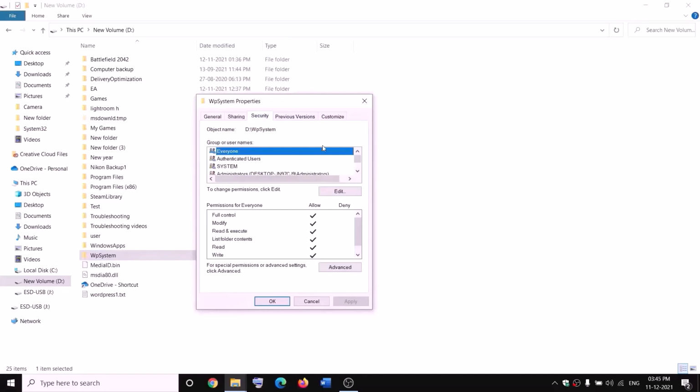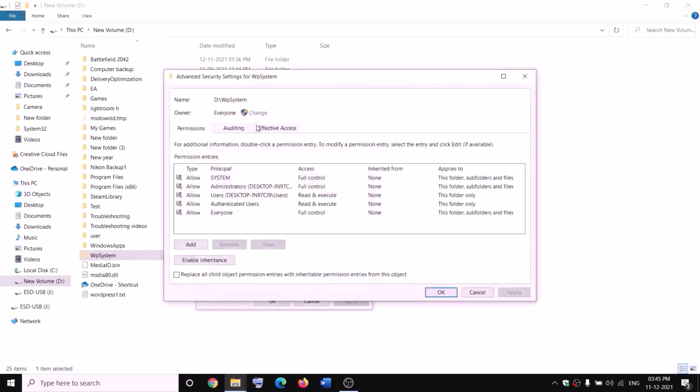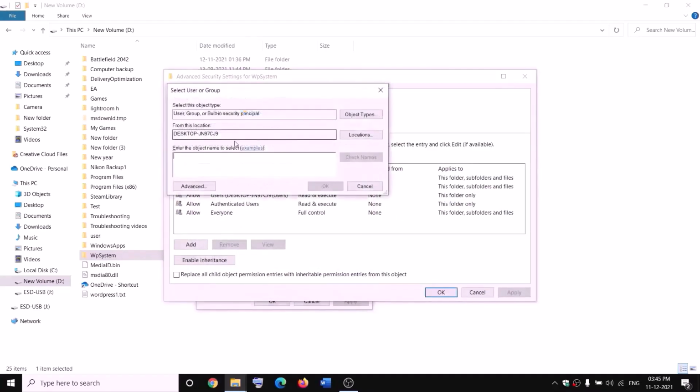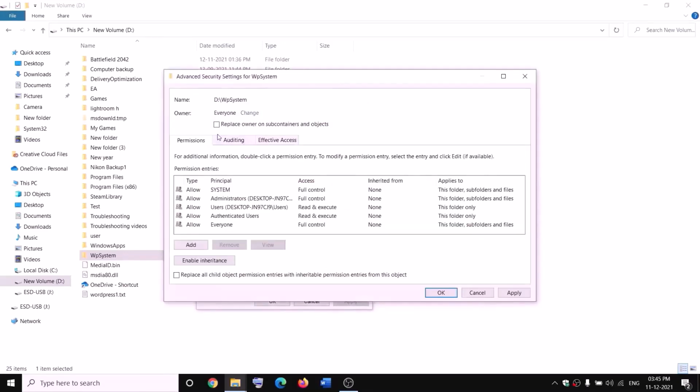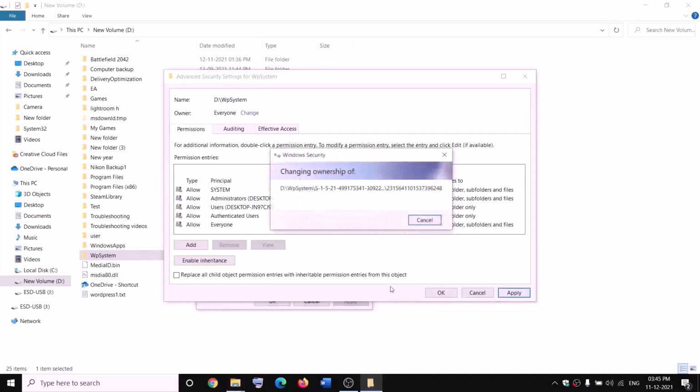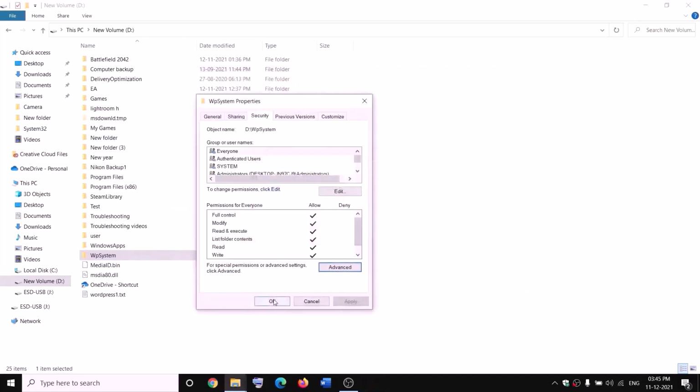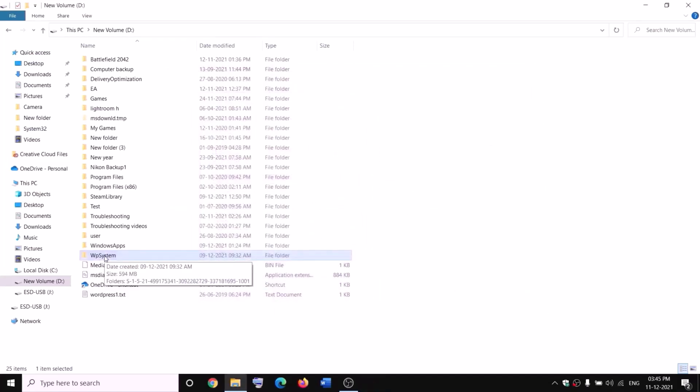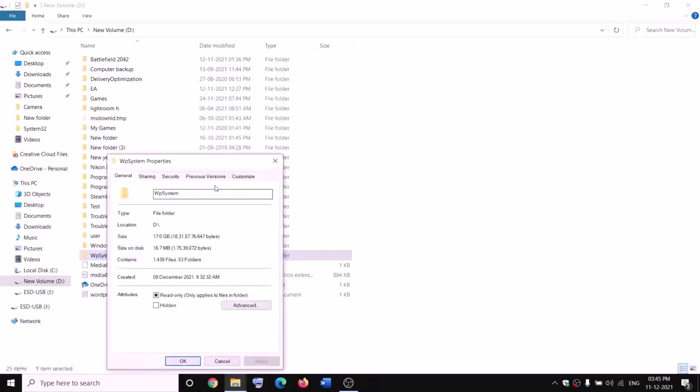We will go ahead and take the ownership of this folder. So go to security tab and then click on advanced. Now click on change over here and then type in everyone over here, and then click on check names, then click on OK. Now put a check on the box which says replace owner on subcontainers and objects, and then click on apply. OK, OK, OK,